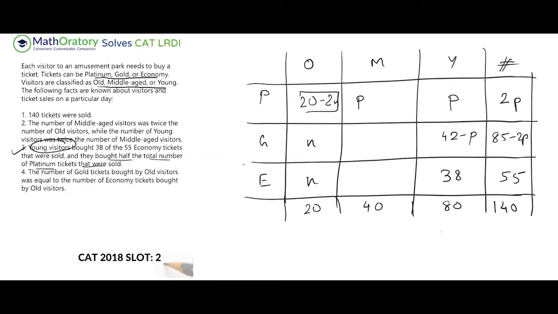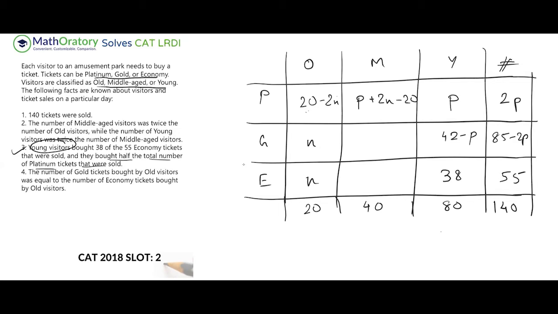So this plus how much should give us zero? So minus 2n, we should have a plus 2n for that. And we have a plus 20, so we should have a minus 20 for that. So this you can do mentally, you don't have to write separately. So now you can see that if you add these two things, you will get a total of p. So this is validated. Same thing, let us do this for the gold column and the economy column.